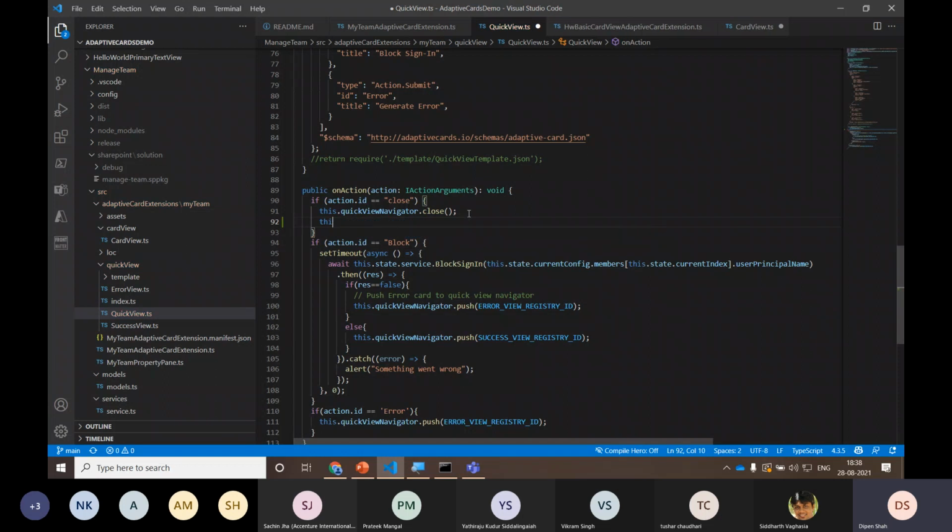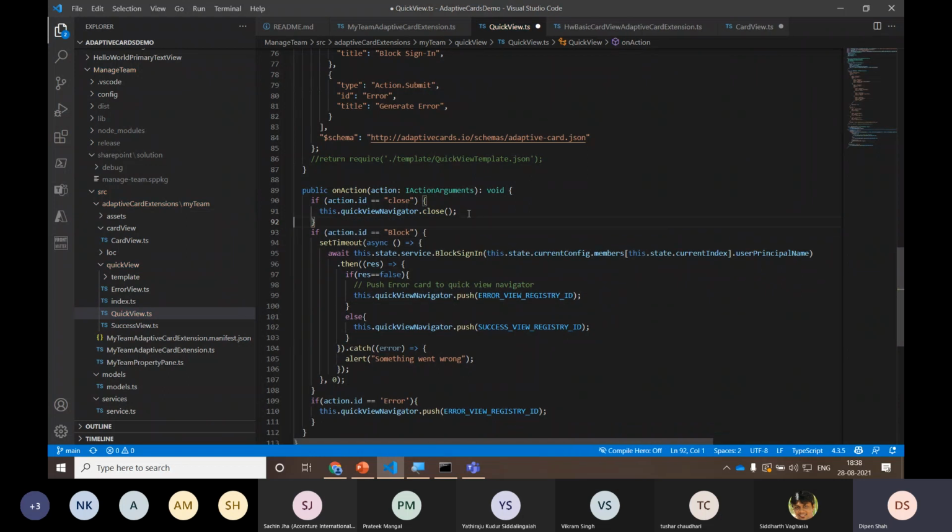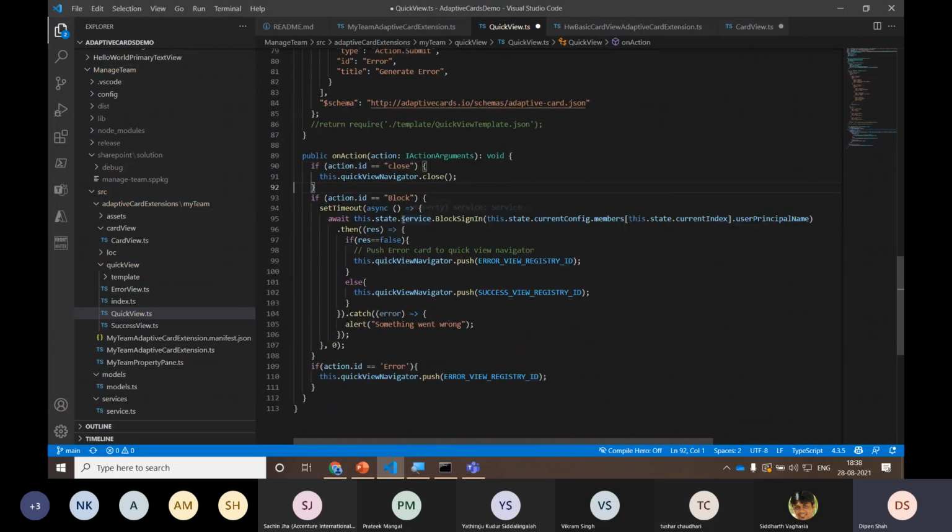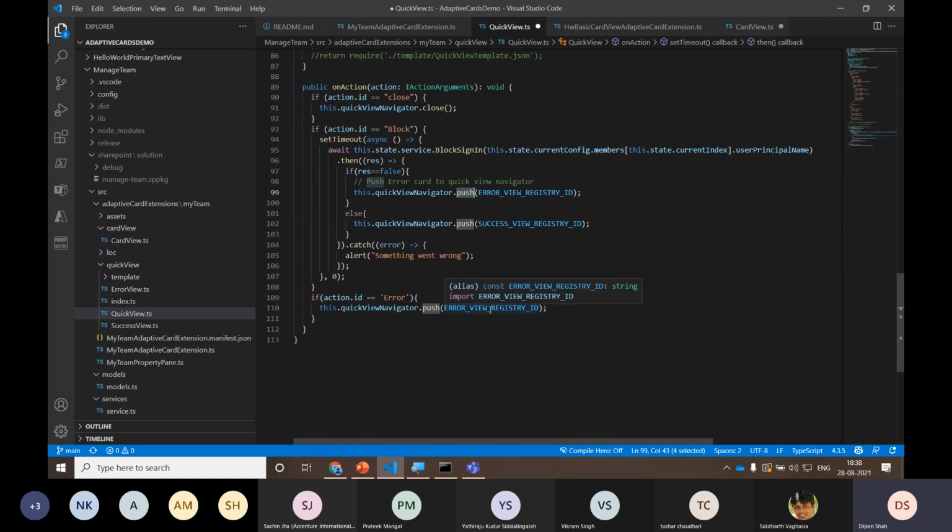So what does that mean? It means that if I want to open another view on the click of the current view, then I'll use the push method. And if I want to close the existing view but the parent view should stay open, at that time I'll use the pop method.